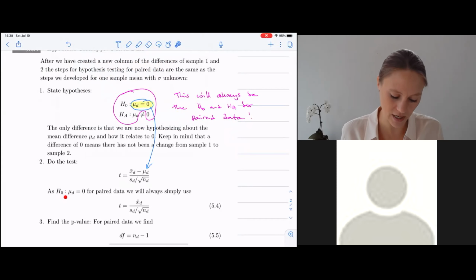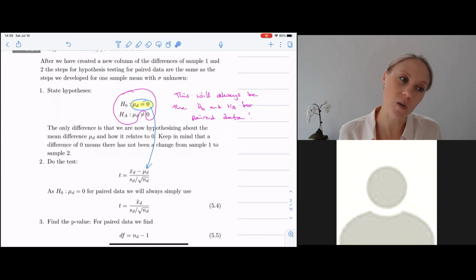So because the null hypothesis is that the mean difference is 0 for paired data, we're just going to jump right ahead and say, well, x bar of the differences, so the sample mean of the differences, minus 0. Well, I don't need to write that minus 0,